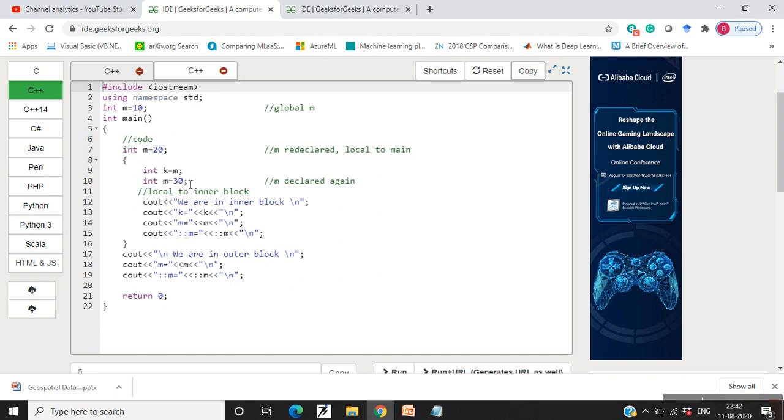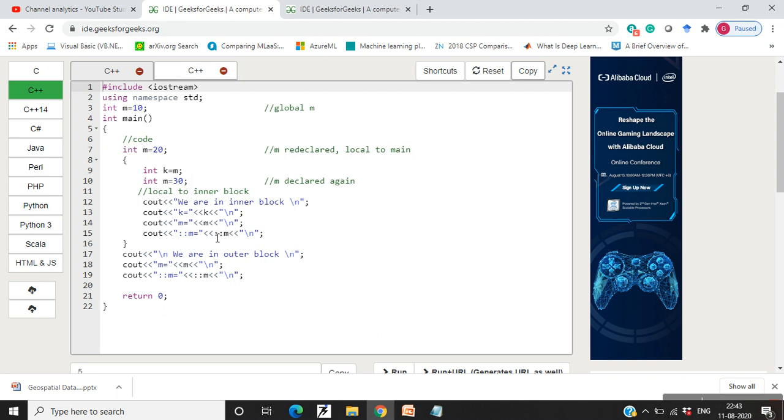Again after this statement you assign the value of m to be 30. Now the question is, when we are in the inner block, what would be the value of k, what would be the value of m, and what would result in ::m.